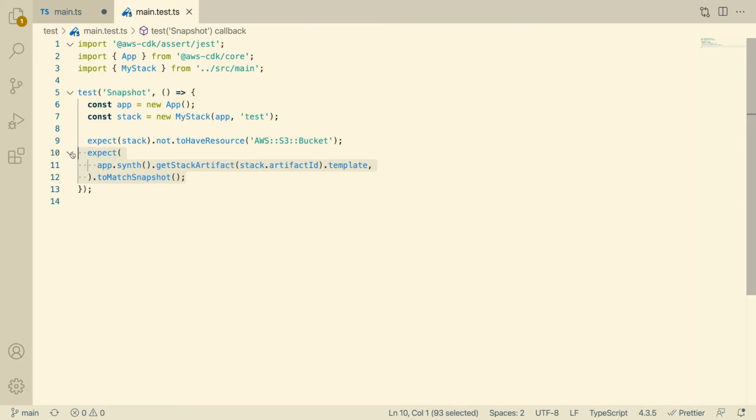And with CDK, we also have the option of testing fine-grained assertions. That's this test here, where we're saying we expect that the stack is not going to have an S3 bucket. Now, we can actually test a lot more complex assertions than that, so we can test the properties of the S3 bucket, but this is just a basic example. Fine-grained assertion tests are really useful when you have a well-written spec, as it is very easy to translate this into a test. And then it is easy to write the CDK that passes the test.